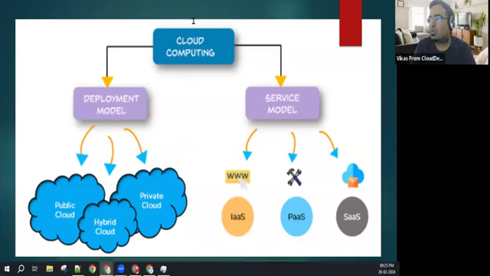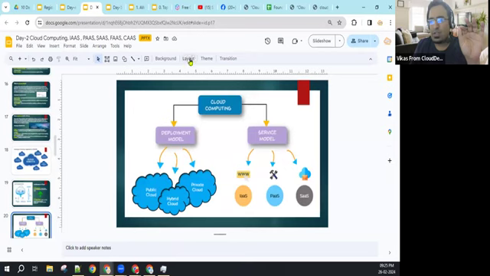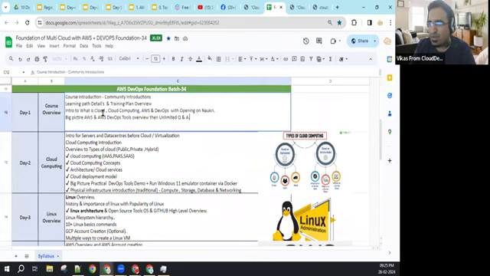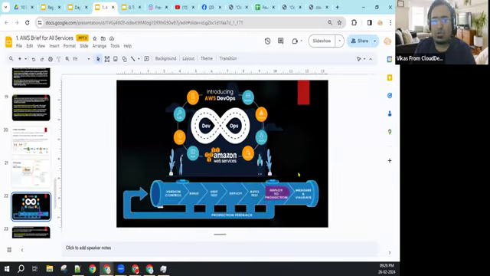Okay, this is a little bit high level over the cloud. We have to discuss a little more in tomorrow's class, but before that, we will see the syllabus. We are a little bit aware about cloud, cloud computing, AWS and DevOps. I haven't taught anything on DevOps, but I just showed a single image to you. What exactly does this image say? All this activity should happen with the help of automation. All this process should run automatically with the help of tools. That is the work of DevOps.